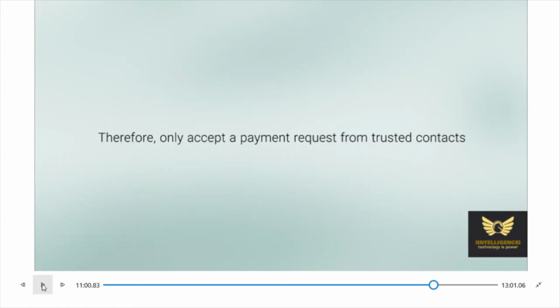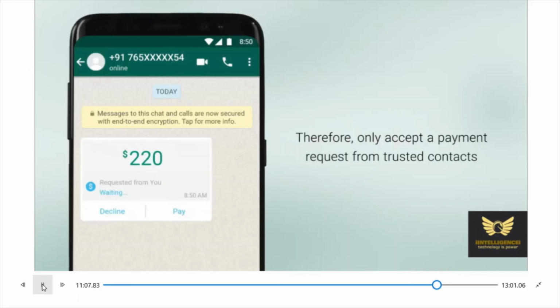Therefore, only accept a payment request from trusted contacts. Just decline it. That is the best way to be secure. So request declined.